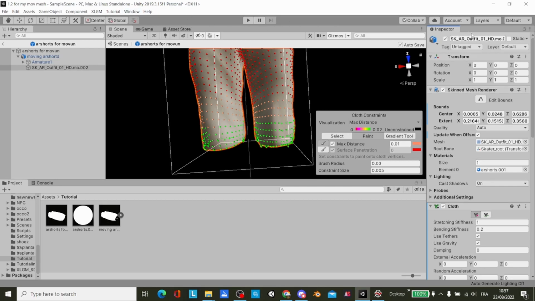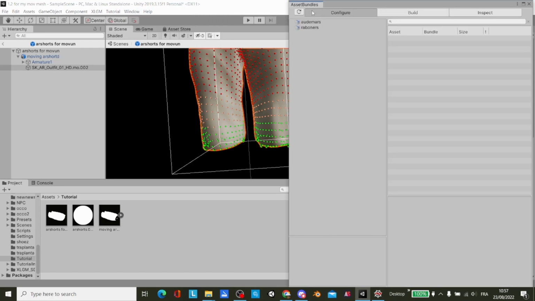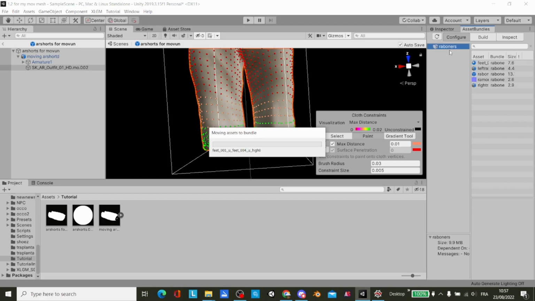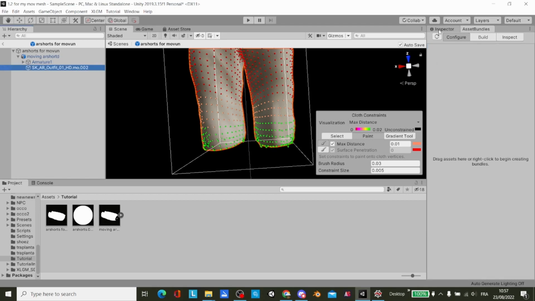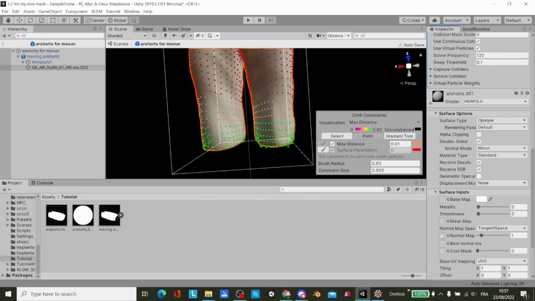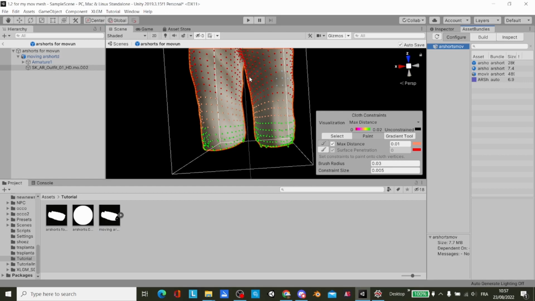Then if your asset bundle has disappeared, you go to Window, Asset Bundle Browser, drag it in again where it belongs. Wait, it's pretty big here. Drag it in where it belongs. And yeah, you can also add the normal map after. But yeah, you drag the normal in here. You guys already know that. And then it's the same. You say AR shorts moving. Put this in here. You put this in here. You put this in here. Oh, and of course,